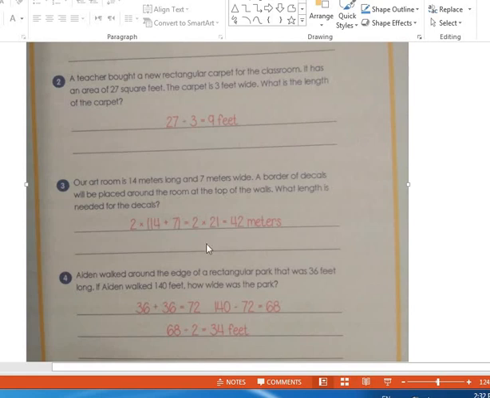So I need to know the perimeter. Perimeter equals 2 times (length plus width). The sum of 14 and 7 will give me 21. So 21 times 2 equals 42. Adam walked around the edge of